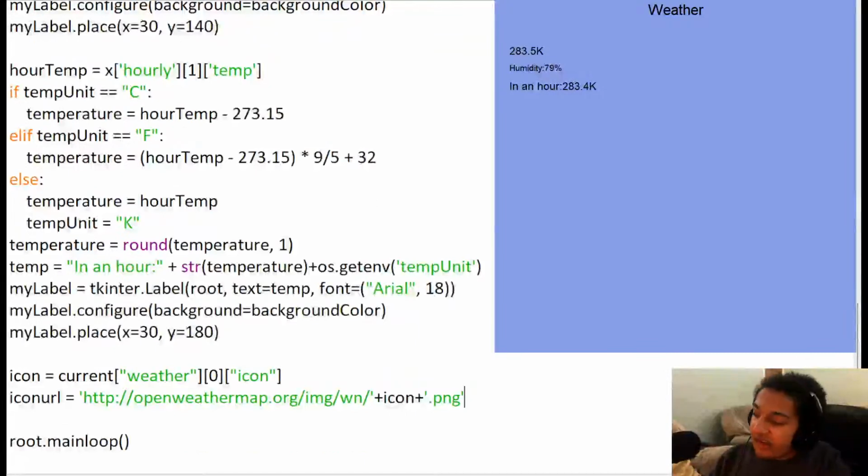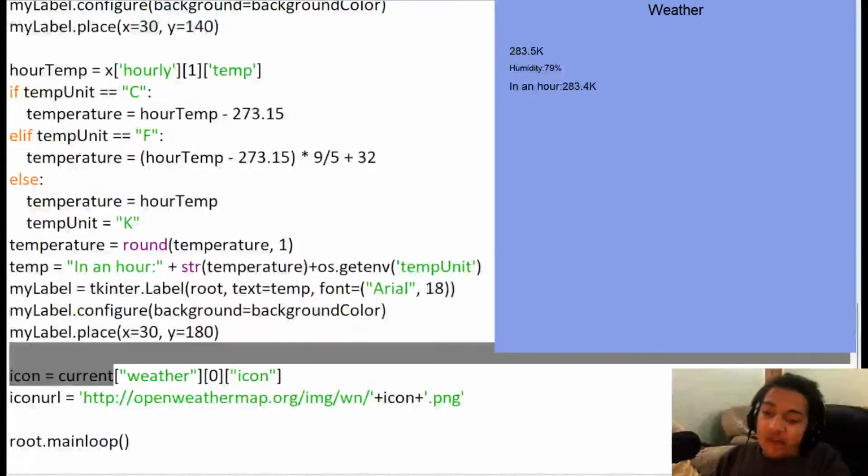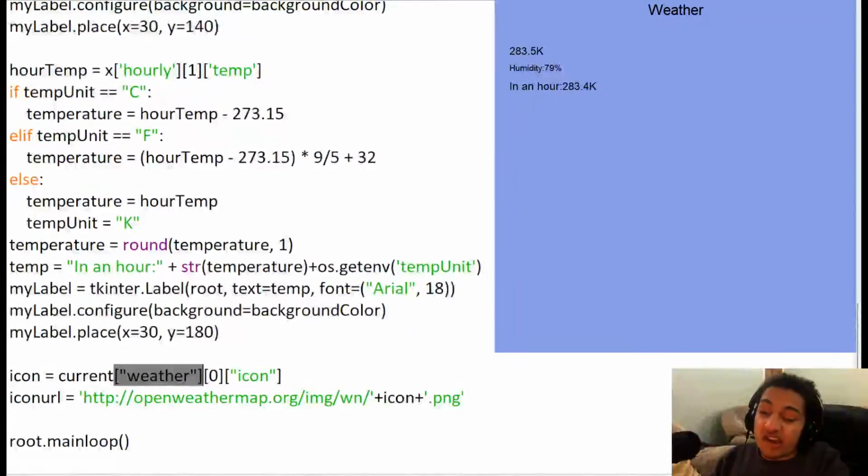So again, we're setting the variable as icon, again into the current object, and then into the weather object, which actually is an array. We're getting the first item in the array, which is why it's a 0, because again, in programming you're counting from 0, so 0 is 1, and 1 is 2, and 2 is 3, and so on. And we're getting the icon object, or the icon value, the value of,